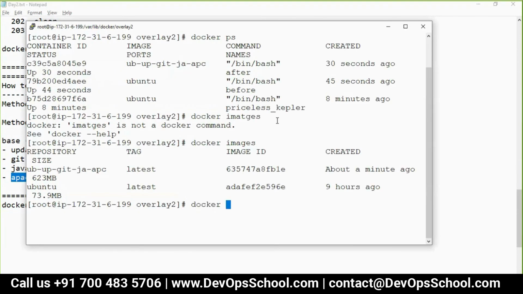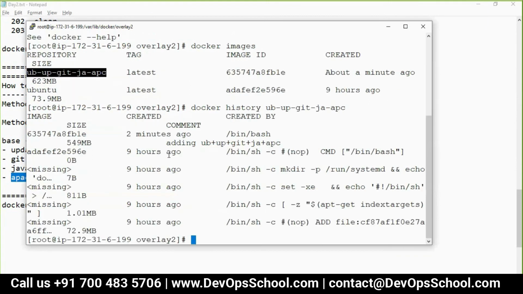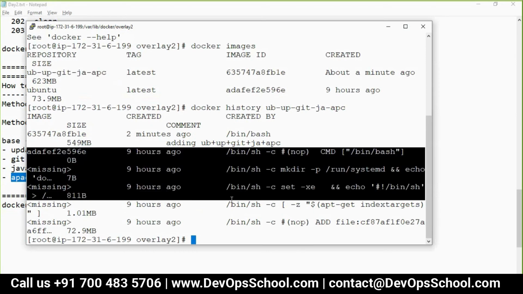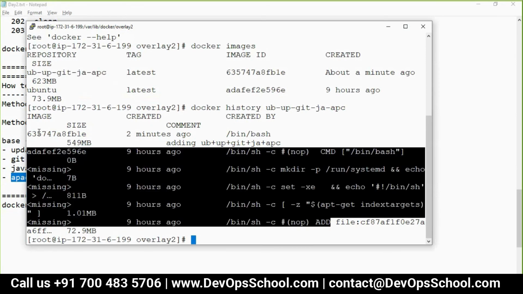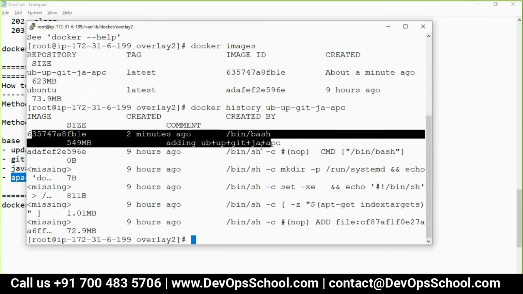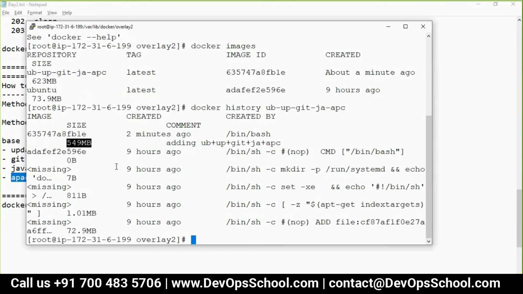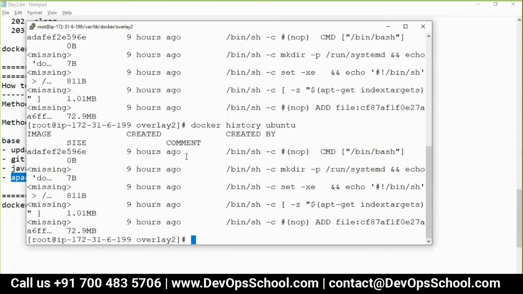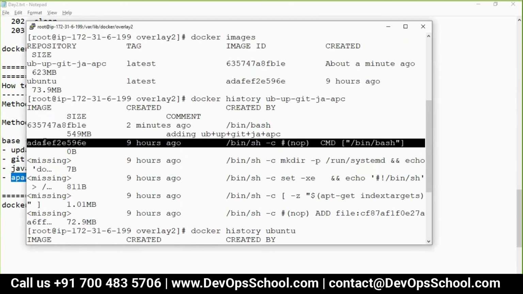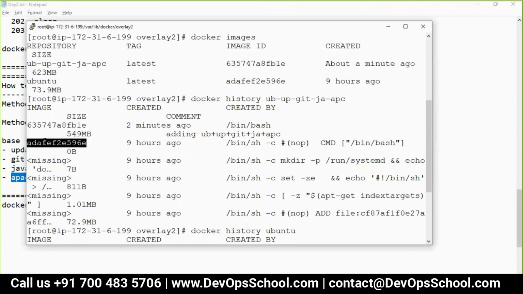Now you see here Docker history and this image, and you see here, this till here is Ubuntu, and this is the changes which you made. Size is around 549 MB. Okay. If you see Ubuntu history, you will see the layers. See that, match that. ADR and here ADR. You see here, right? So guys, this is